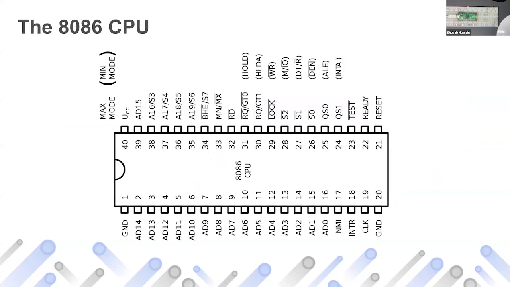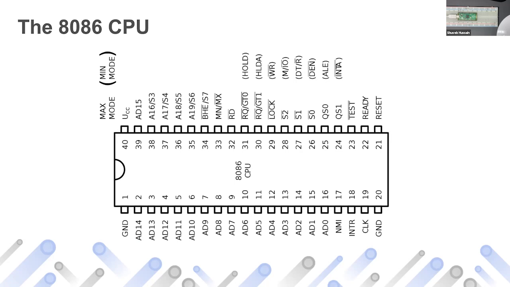Now, this is one of the very early Intel CPUs. It's called the 8086 CPU. Look at how the pins are named. You have a lot of pins starting with AD, which are address and data pins. And then you have some other pins for syncing, non-maskable interrupts, clock, and so on. Now, CPUs mostly have dedicated pins on the chip for every function. But microcontrollers are actually very different. They pack a lot of punch.